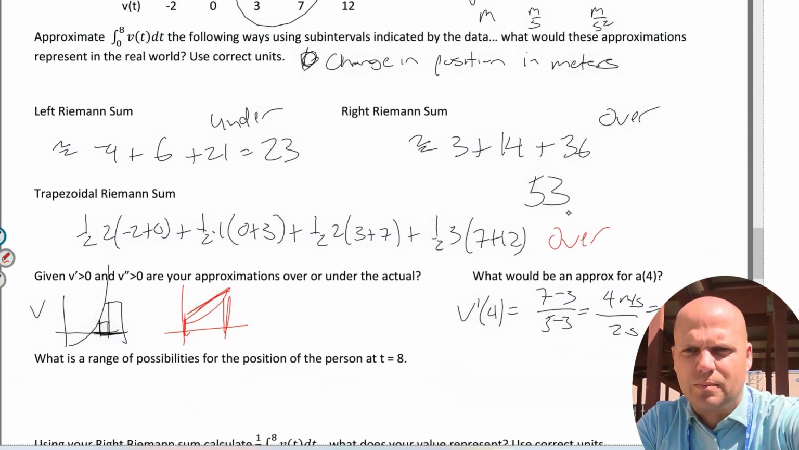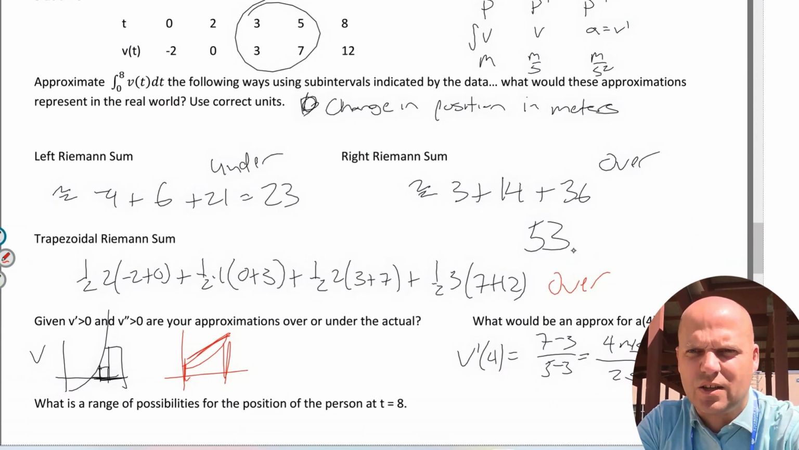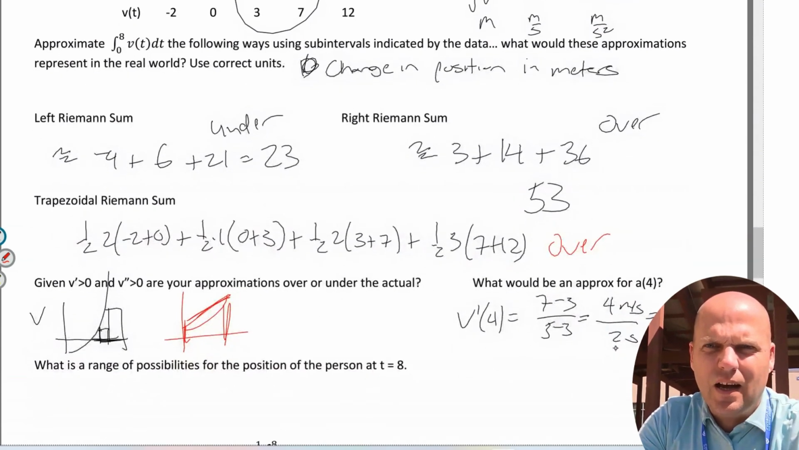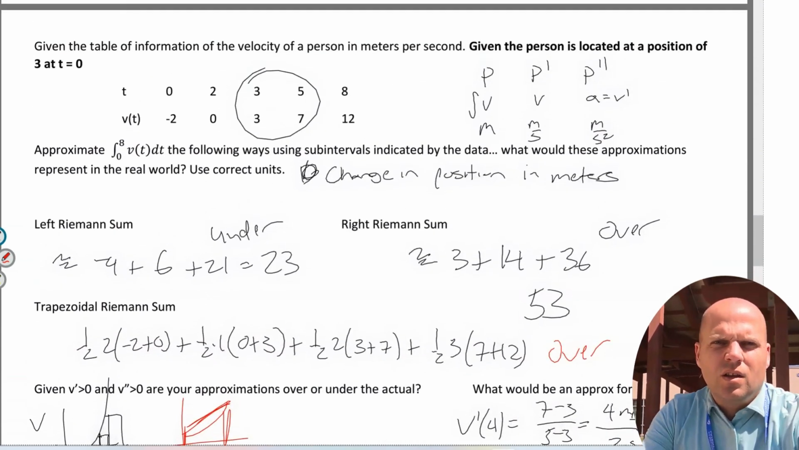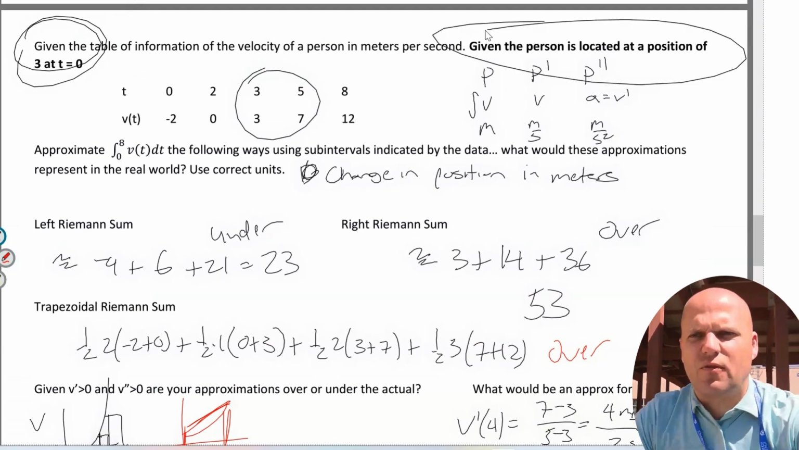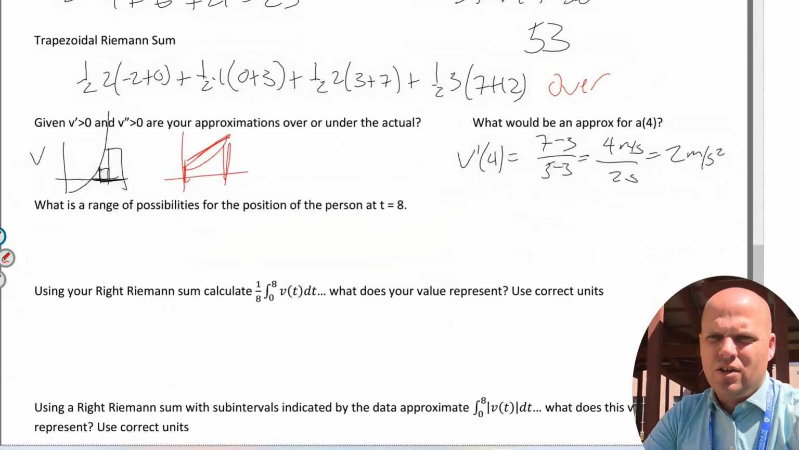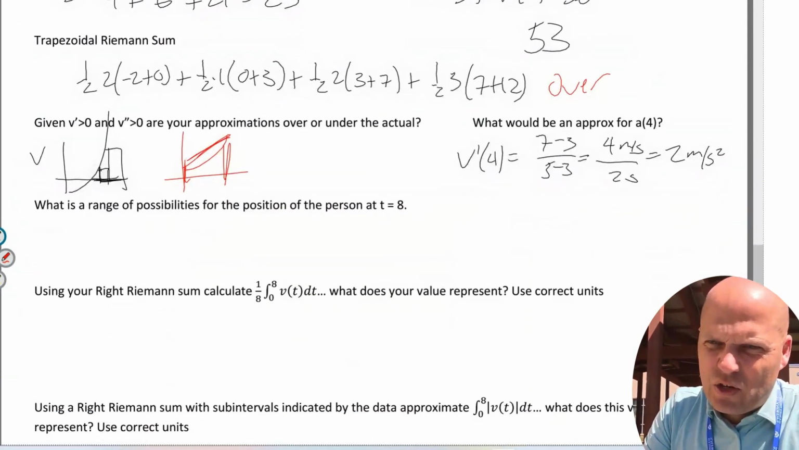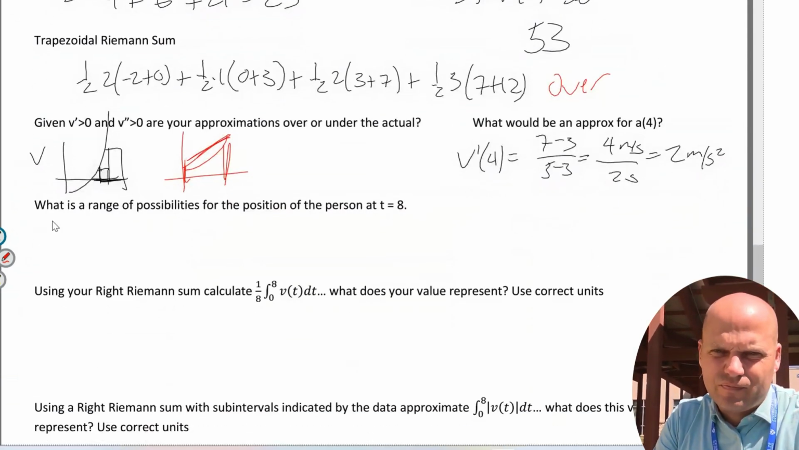What are the possible positions of the person at t equals 8? The person is located at a position of 3 at t equals 0. You've got to remember that your position